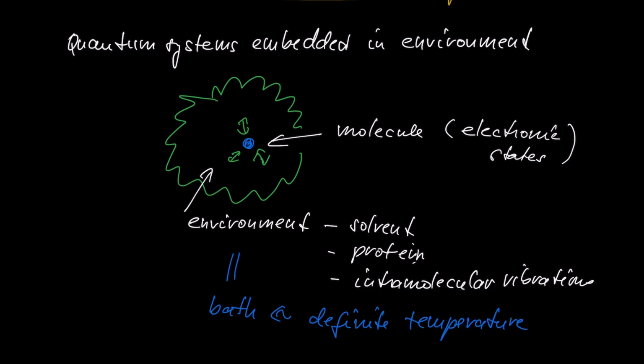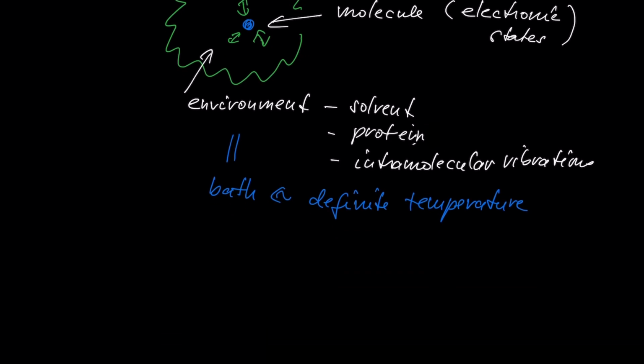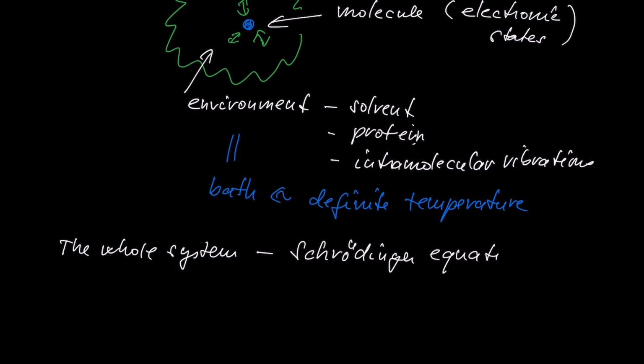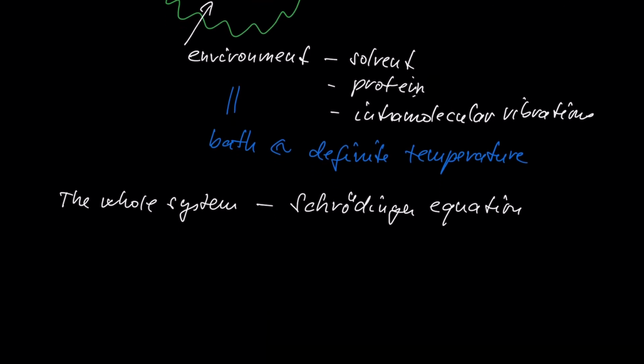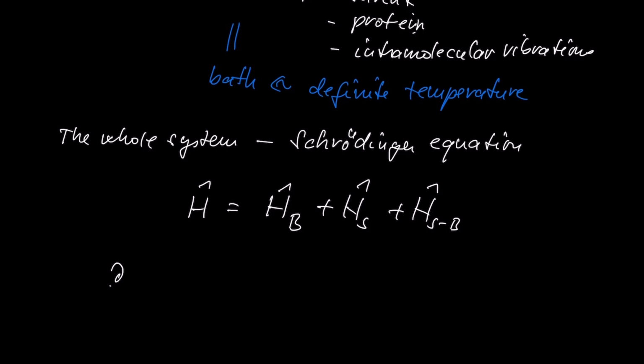And it is in equilibrium. So this whole system, as we have drawn it here, really as a whole satisfies the Schrödinger equation, namely the Schrödinger equation with a total Hamiltonian that consists of the Hamiltonian of that environment, of the system itself, and its interaction. That system as a whole would be described by some state vector psi and satisfies this equation